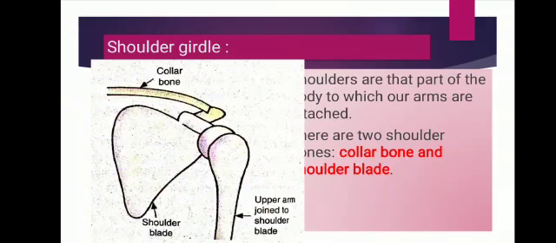And the upper arm fits into the socket of the shoulder blade, forming a ball and socket joint. The main function of shoulder bones is that the collarbones on the two sides of the neck keep our shoulders apart. Shoulder blades attach the arms to our body. Shoulder blades provide a site for muscle attachment, which helps the movement of arms, neck and upper part of the body.